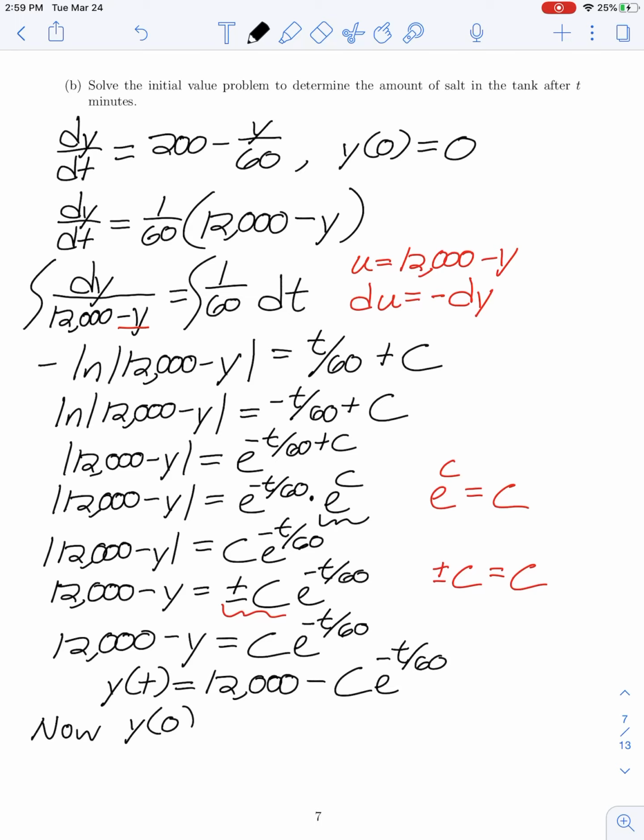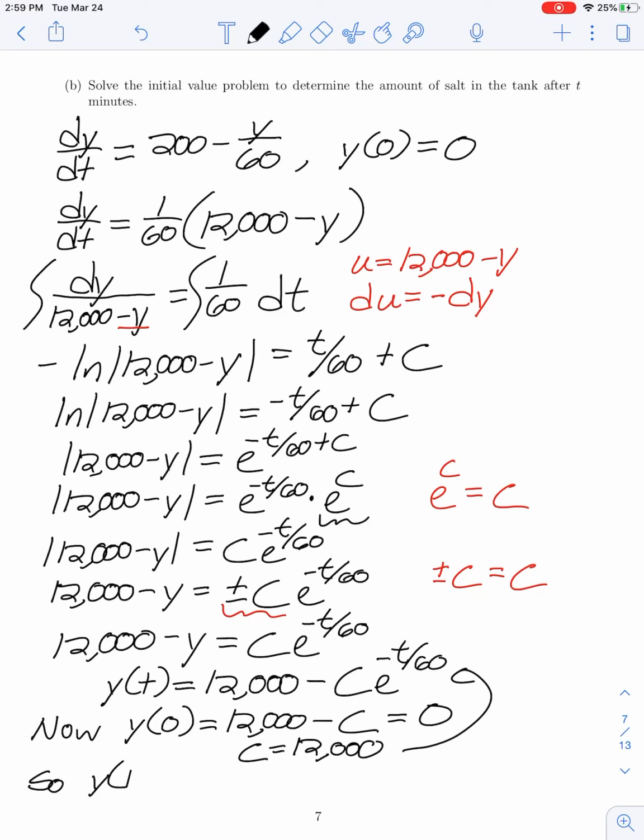So let's apply this initial condition. If we substitute 0 in for t, we have 12,000 minus c, and we are told that this value has to be 0, which implies that our constant c is 12,000,